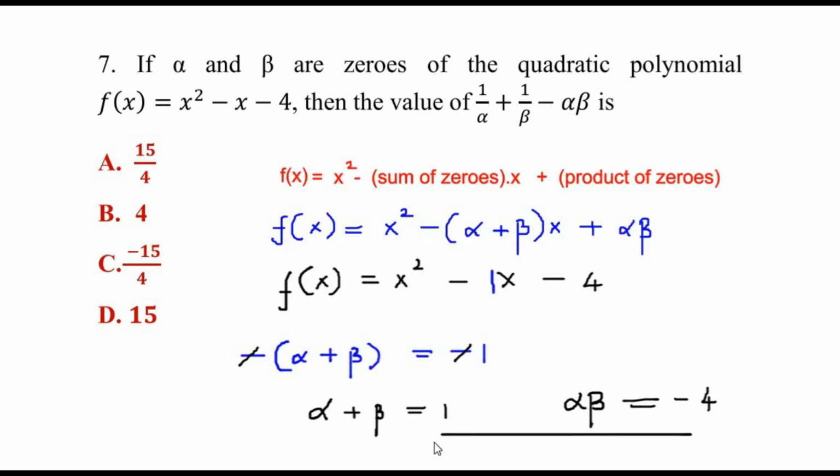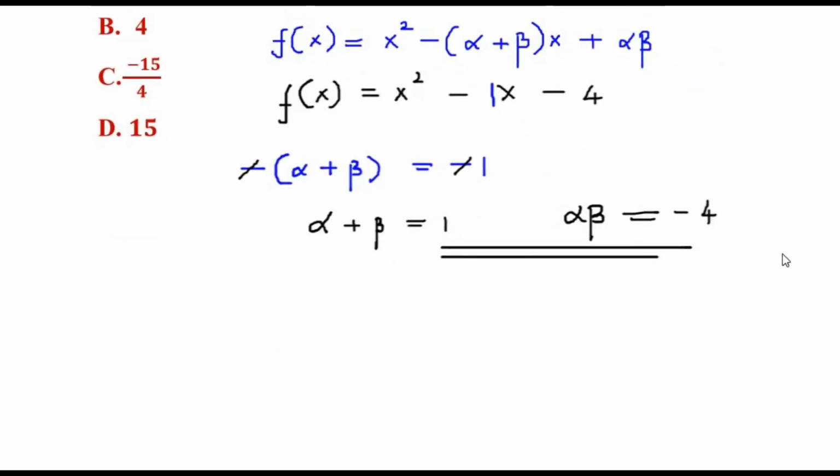Now once we have got these two values, let us come back to the given expression, that is 1 over alpha plus 1 over beta minus alpha beta. Now if we try to get this given expression in the form of sum of zeros and product of zeros, then it becomes really easy to substitute the values. So let me write down the given expression again here. So it's given as 1 over alpha plus 1 over beta